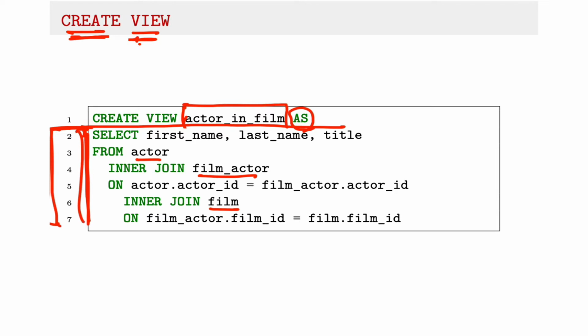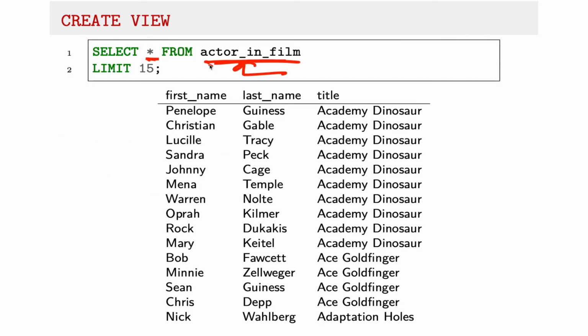So this select statement returns a table that joins together three other tables. But that means that actor in film is effectively created and treated as a table throughout the database. So we can go ahead and make a query against that table just like we can any other table. In this case, I'm also adding this little limit clause just to keep the number of results reasonable to fit on the slide. But you can see that the result here is the first name, the last name, and the